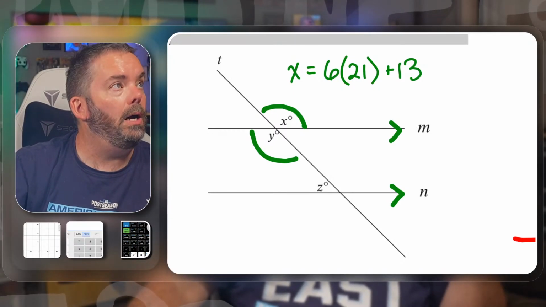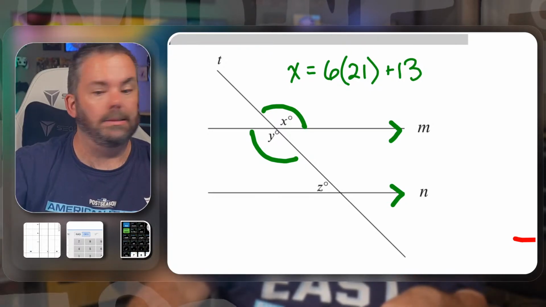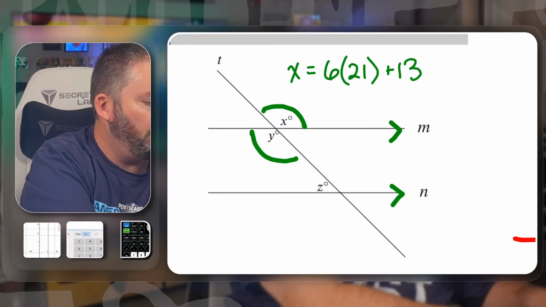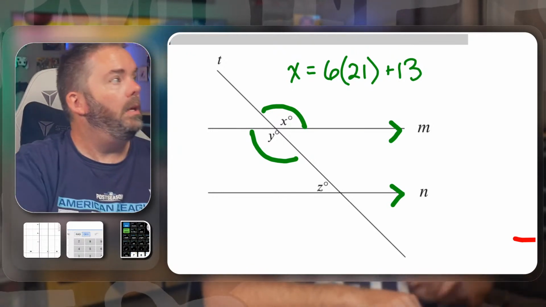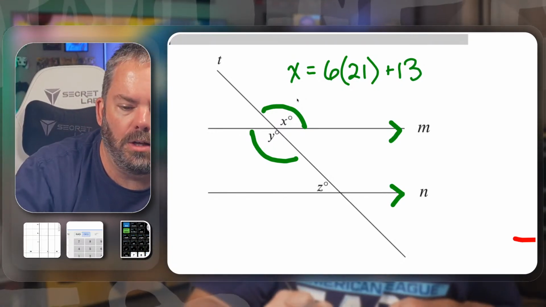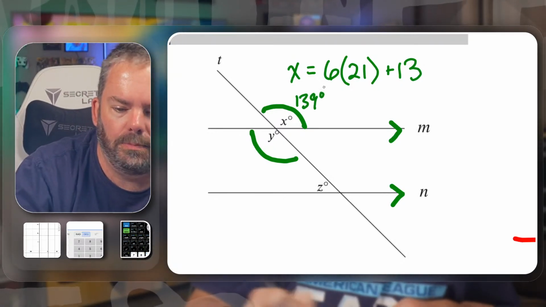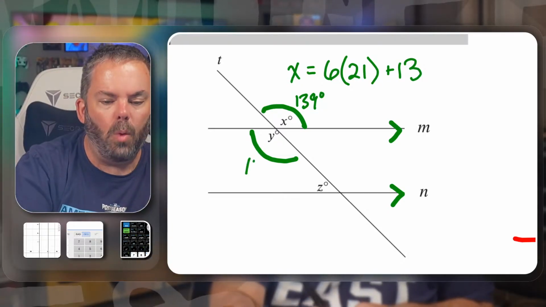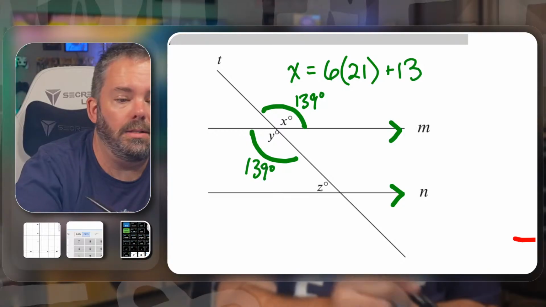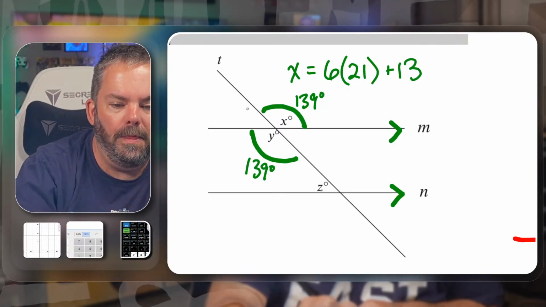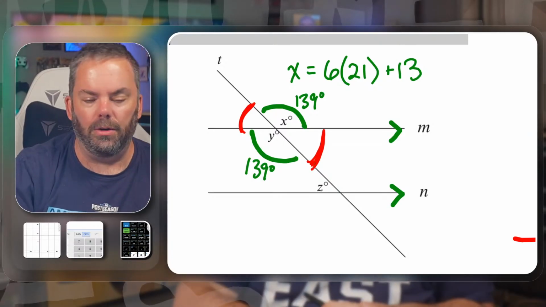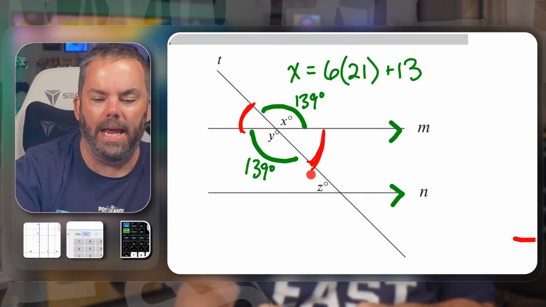And so I'm going to just put it in my calculator, right? So 6 times 21 plus 13 is 139. So we know that X is 139 degrees. That means Y is 139 degrees. And now it's on us to find this angle and this angle. And remember, these two angles are the angles that must make 180 with